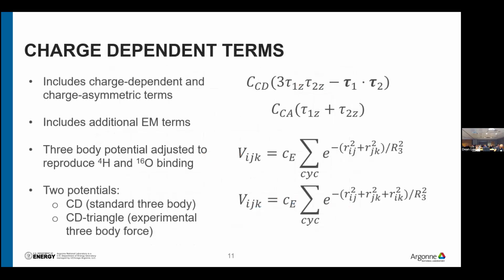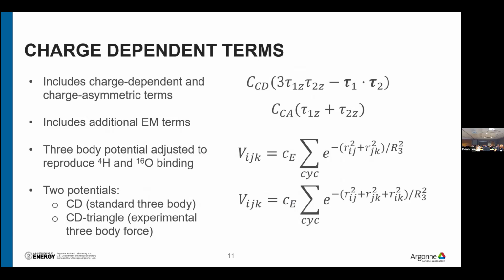So instead of just going full in and adding everything we can, we're looking at adding just a few terms at a time to see what kind of effects they have. In particular, we have 2 potentials that I'll be showing, which I just call the charge-dependent potentials. They include charge-dependent and charge-asymmetric terms, various electromagnetic terms beyond the simple Coulomb interaction between protons, and importantly, we take